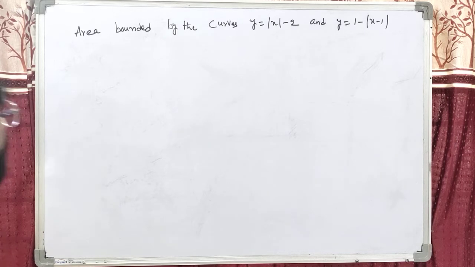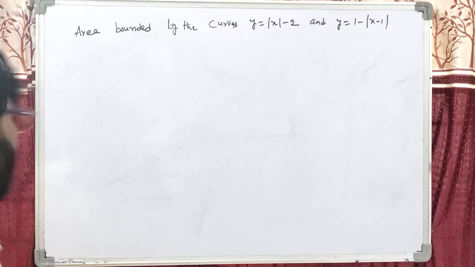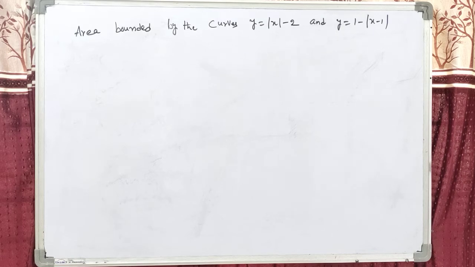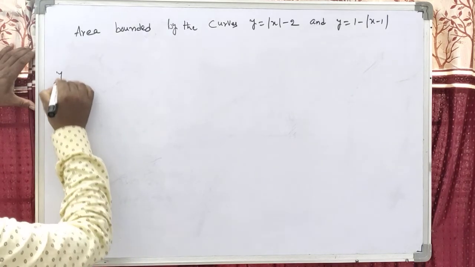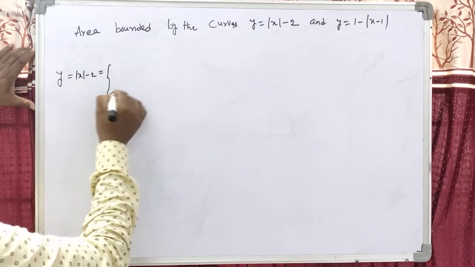Dear students, find the area bounded by the curves y equals mod x minus 2 and y equals 1 minus modulus of x minus 1. Okay, students, how to find this one? The first is given as mod of x minus 2, and the second is 1 minus modulus of x minus 1. First we know that the modulus of x minus 2 we can write as,